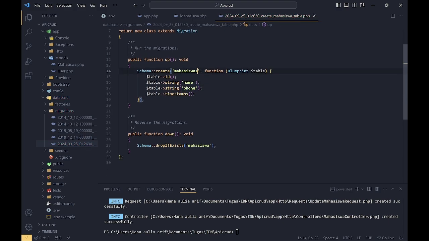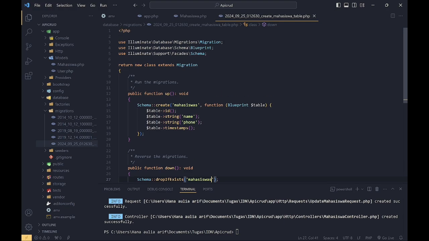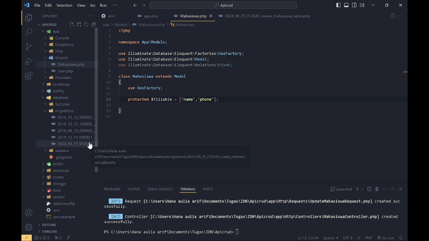After this, I will change the name from mahasiswa to mahasiswas. And then in the model file, we will add a protected variable so that we can add new data. And then I will rename this file name from mahasiswa to mahasiswas like this.